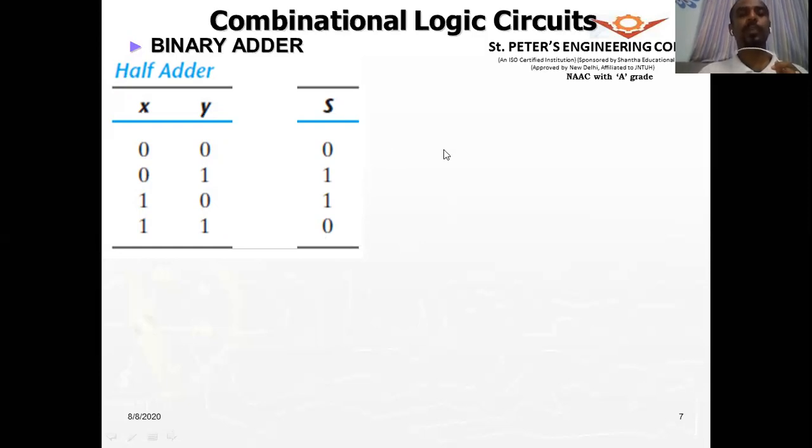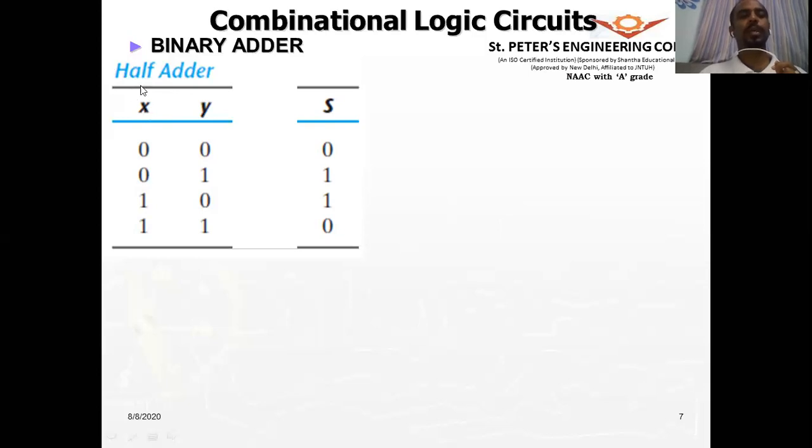Now whenever we perform some addition, except for the first, that is the least significant position, when we go to the next higher position, we also consider the carry if it was generated from the previous addition, right? Here I have only two inputs, so I cannot consider the carry from the previous addition.